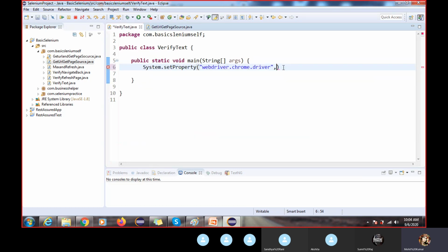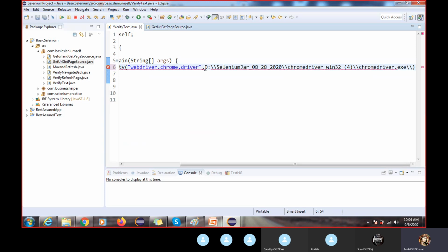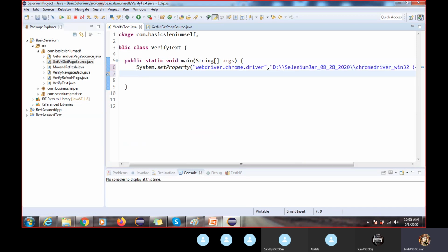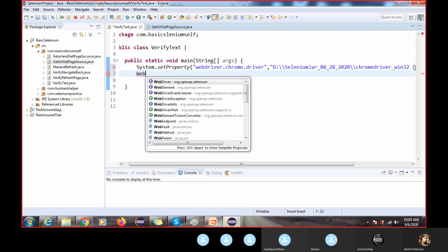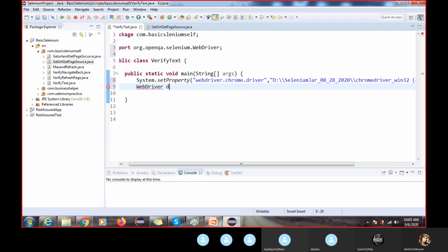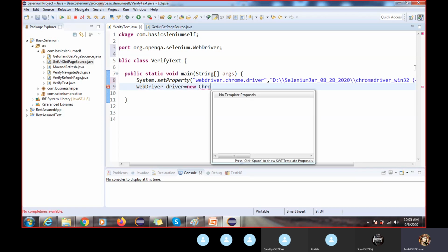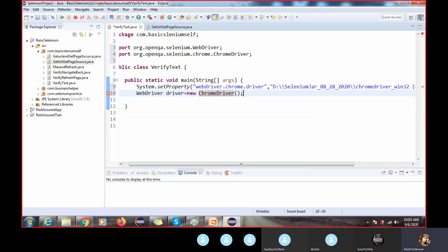Okay, so now we will pass here the exe driver path, and next steps we will write WebDriver driver equal to new ChromeDriver. Okay, ChromeDriver.